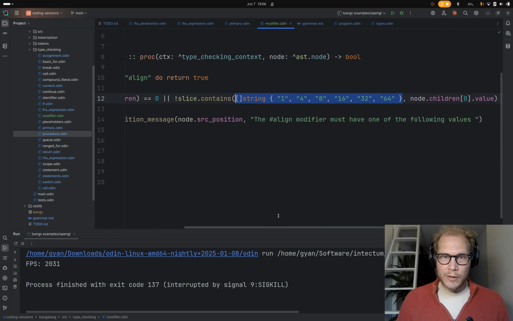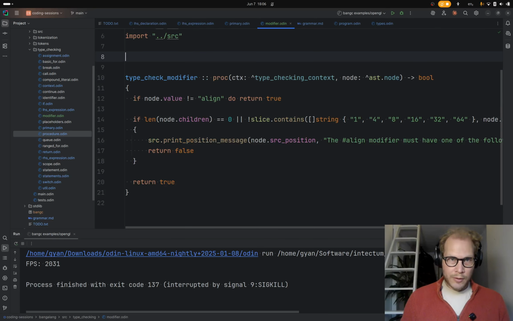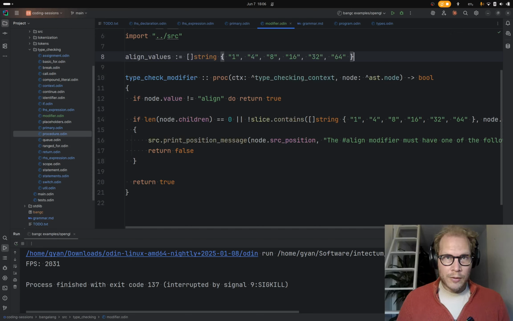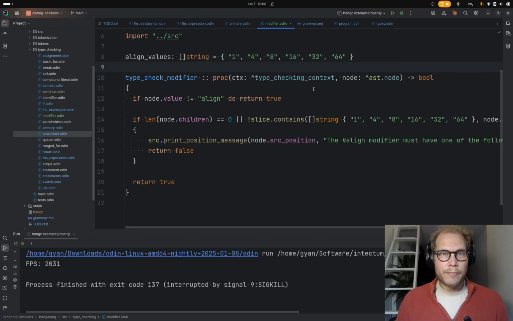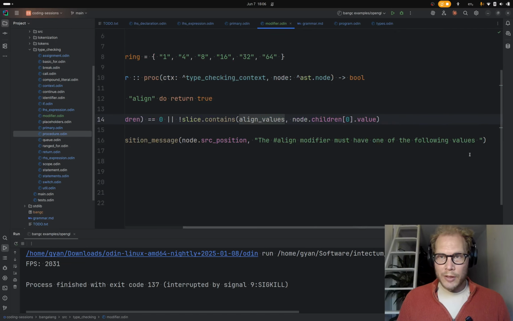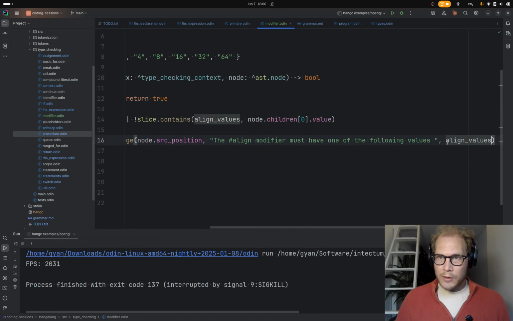And if we take this slice and we put it up here, align values. I prefer this syntax personally. Then we can say, put the align values in there, the align values here, and a %s.